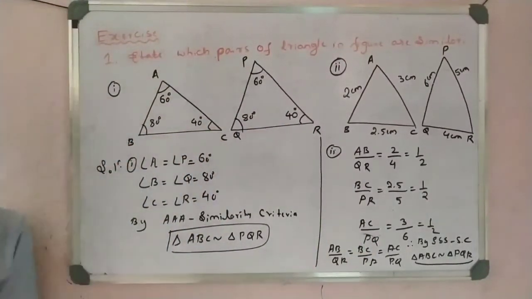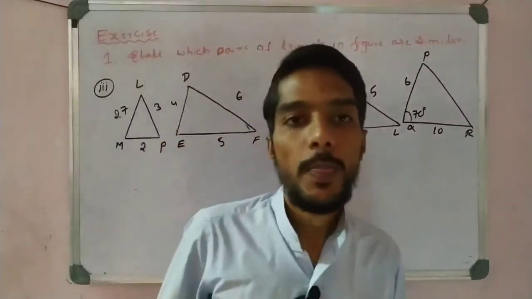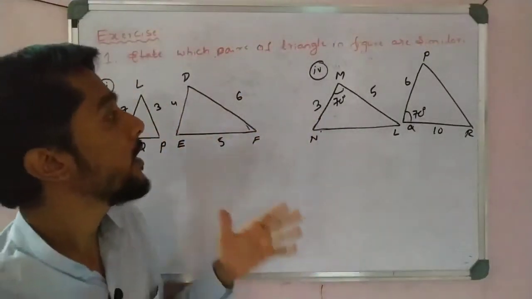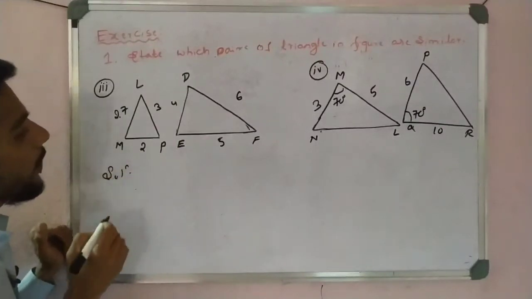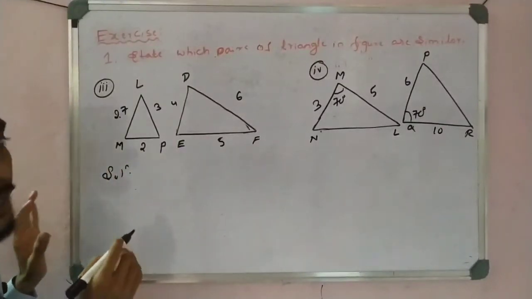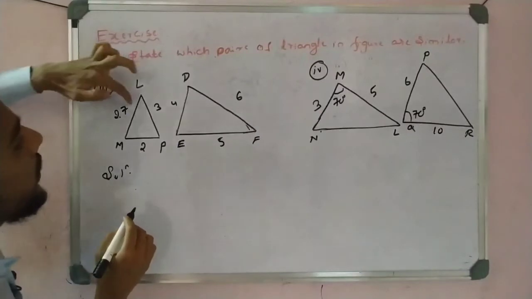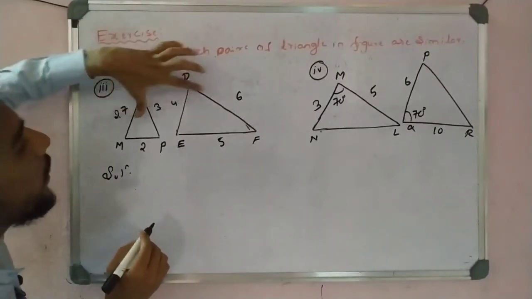Write down this one. Now students, take another 2 diagrams from the exercise, that is here. In this pair of diagrams, check one by one which criterion is used here. So see, all sides are given, again 3 sides, so check. So here I can make 3 by 2, right?